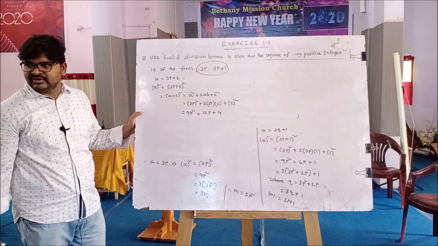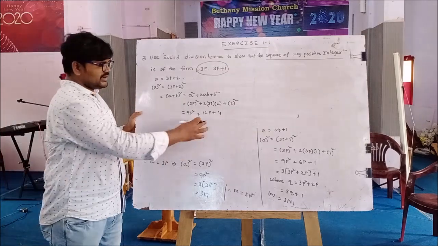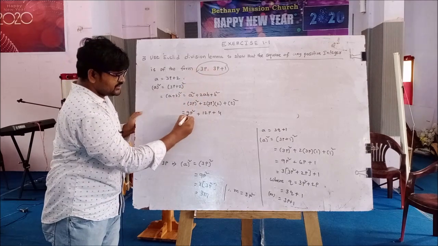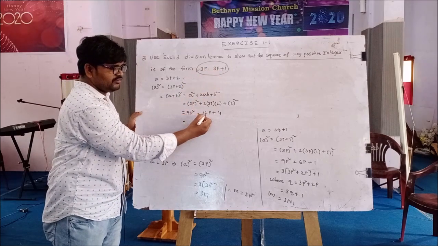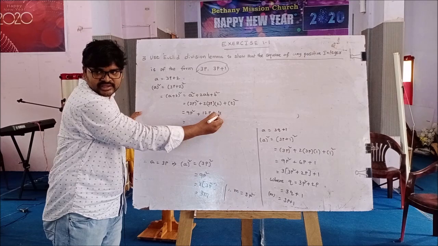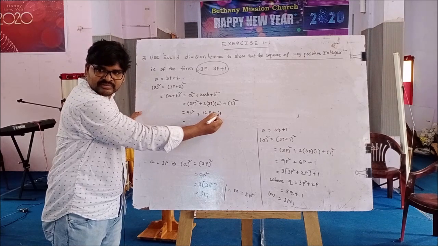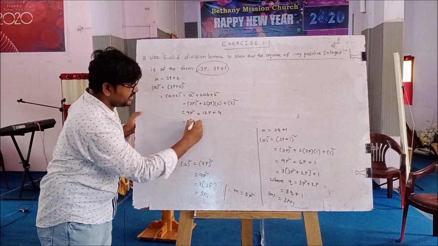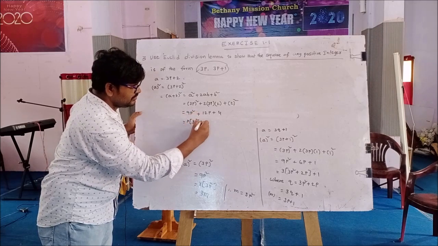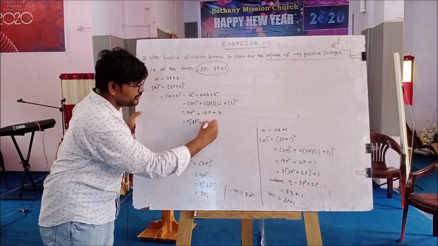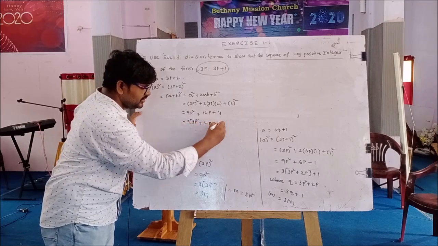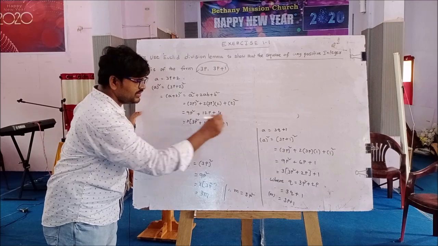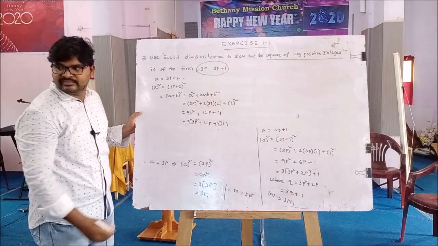This quadratic expression is converted into 3p plus 1. So, 3 times 3 is 9, 3 times 4 is 12, 3 times 1 is 3. Four is converted as 3 plus 1. So take common 3: 3 times 3 is 9, into p square, plus 3 times 4 is 12, into p, plus 3 times 1 is 3, plus 1. It's clear?